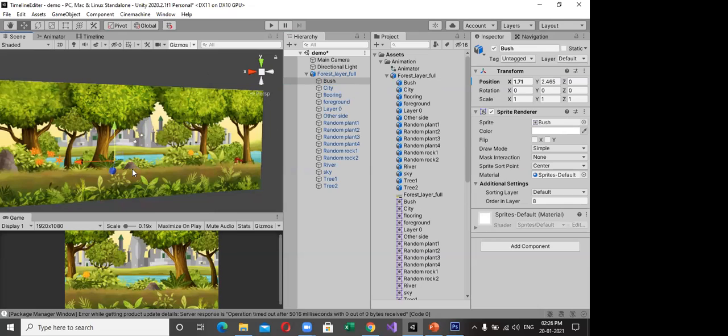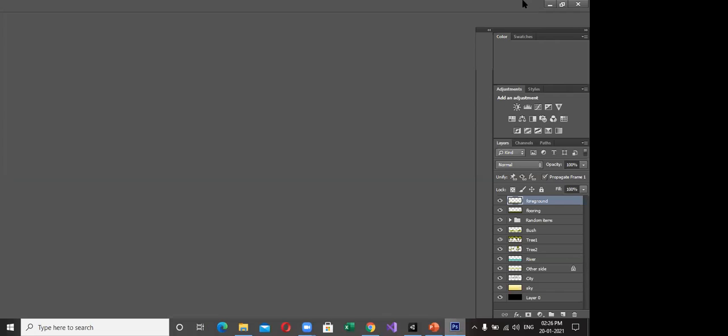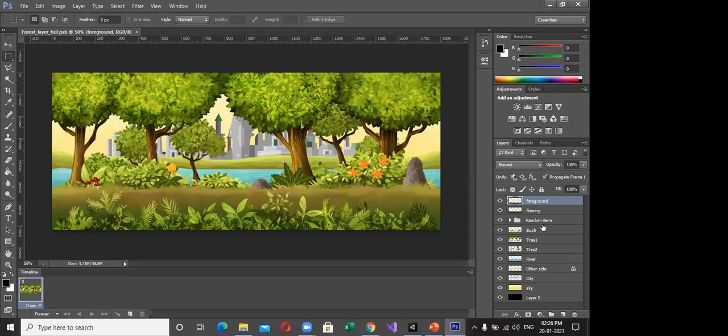Previously, we would create a lot of sprite sheets, and again come to Unity and arrange them. Now they have simplified the work. We directly save as a PSB file format, directly import into Unity and use it. Whatever layers you create in Photoshop, depending on those layers it will identify the sprites.